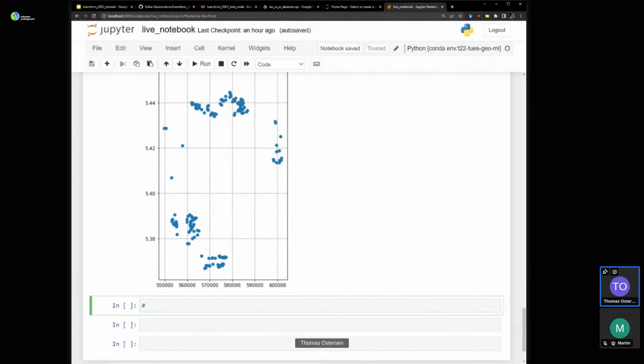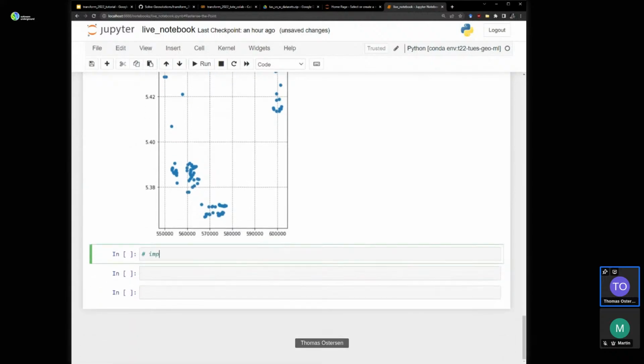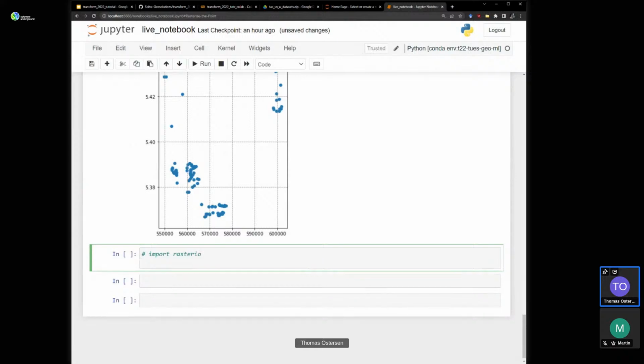To read data from the geotiffs, I'm going to use the Rasterio module, which is a really good library for reading geospatial raster data sets.